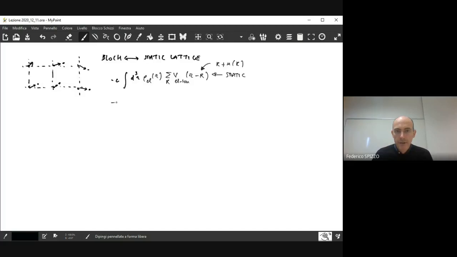If we consider the dynamic one, then we have d3R of the electronic density, and then the summation over R of the electron-ion potential, R minus the equilibrium position minus the deviation from equilibrium. So this is the actual interaction term. If we use at this point the same approach that was used for the